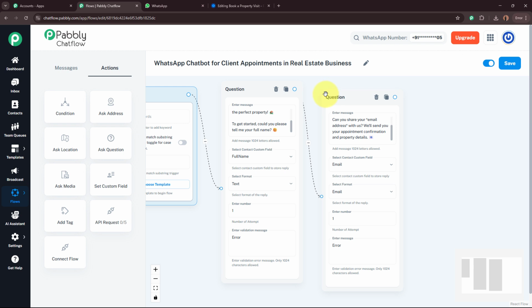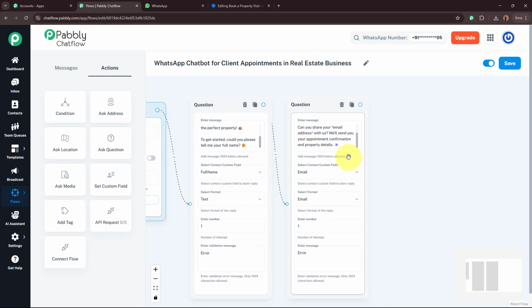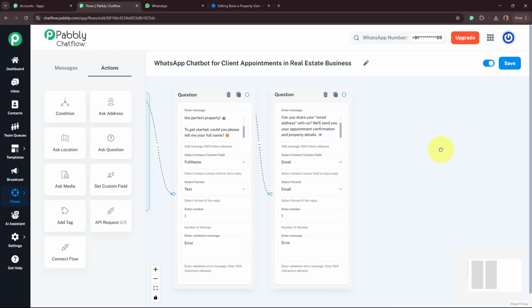I'm going to connect both of these questions. I have collected the data that I wanted from these messages. So now after asking all these details, firstly I want to send them my real estate agency card. In card I have my business name, my business details, okay? After sending the image card, I want to send them a greetings. With that, I want to send them few options with the help of which they can be helped with the